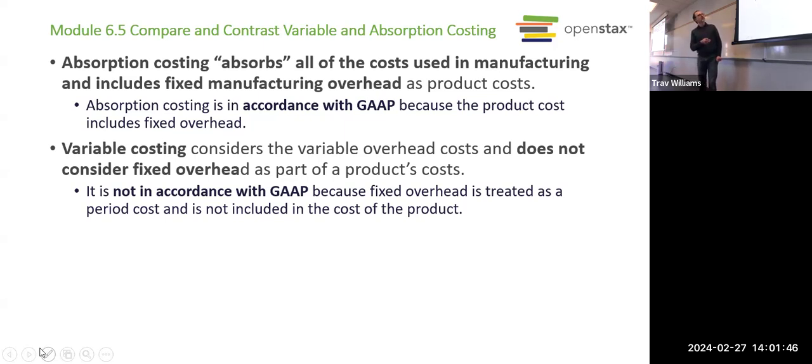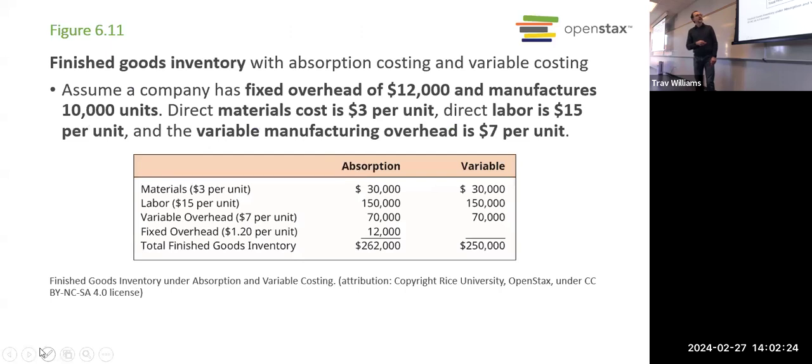But the reason it's absorption costing is it differs from variable costing. Now, variable costing is not GAAP compliant. So again, it's not anything that we would be sharing outside of the organization, but it does give a different perspective, because if you're a manager with no control over fixed costs, then you don't really care about the fixed costs, and you'd be interested in seeing what your costs are just from a variable perspective, because that's what you control. So that's what we're going to get into now.